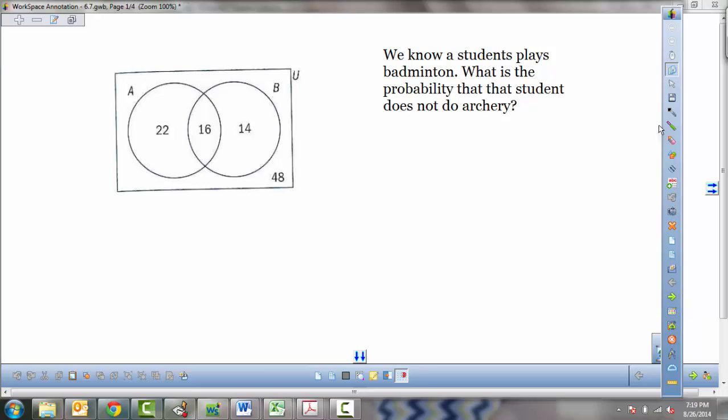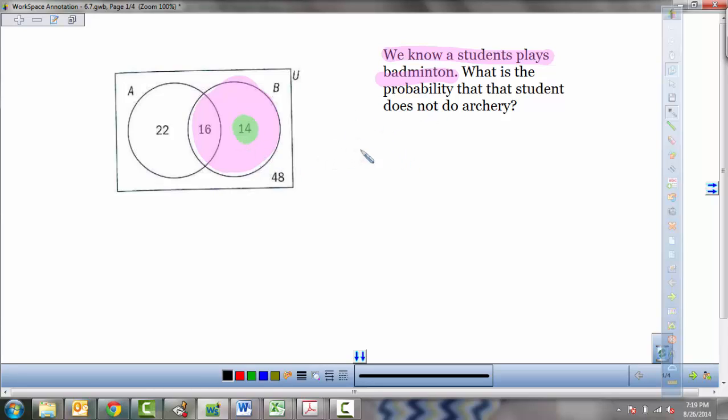We know the student plays badminton. We know that that's true. So that means the student has to be in this circle. What's the probability that they don't do archery? Okay, well, where do the students who don't do archery reside? Well, these 16 do play archery. They do shoot archery. These 14 do not. So this probability, intuitively, we should be able to reason out that it's 14 over 30, which could be reduced